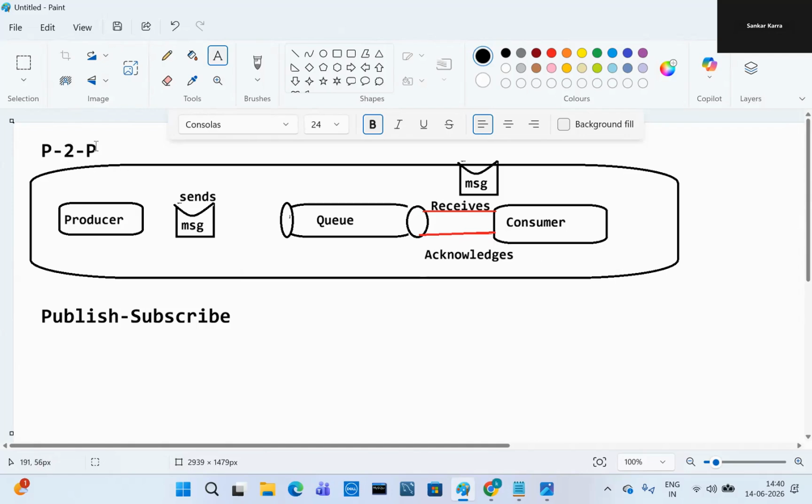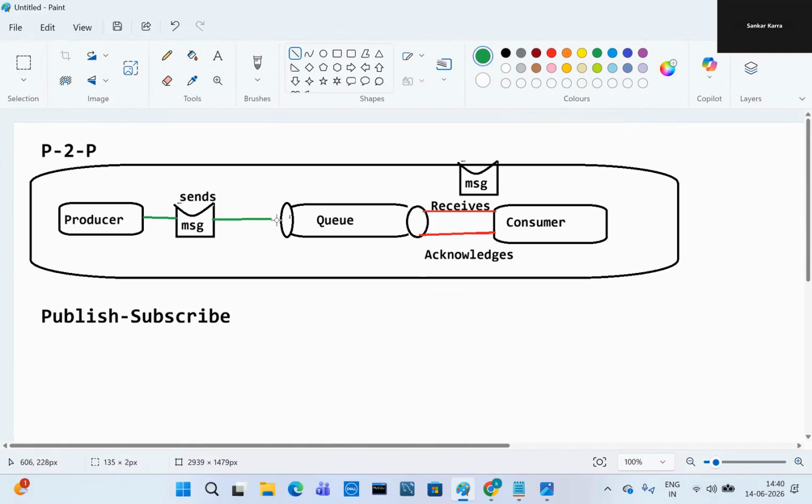It is a point-to-point communication. Let's add arrow marks here, using another color. The producer application sends the message, it goes to the queue, the consumer receives it, and sends the acknowledgement, which is nothing but saying it was successfully received.